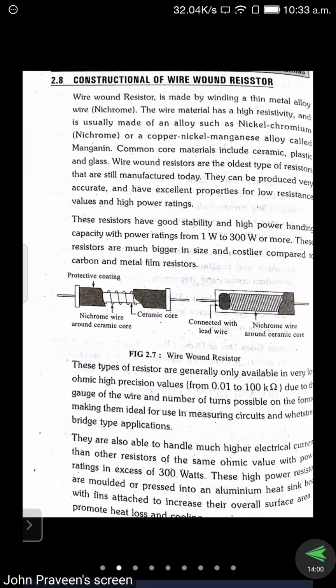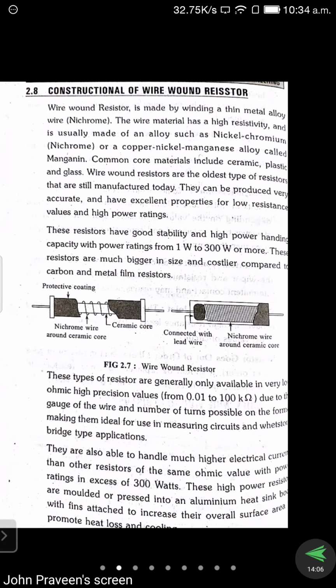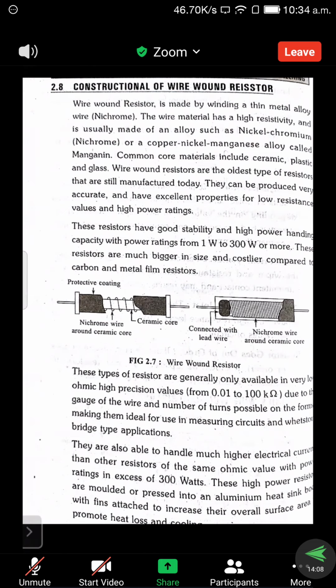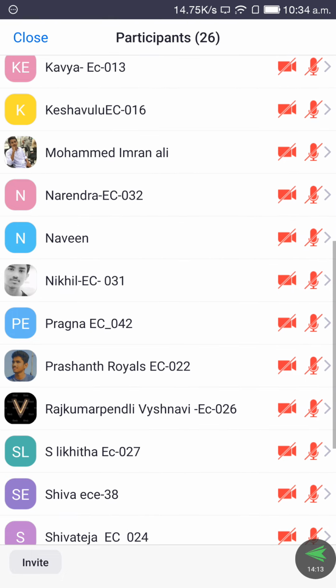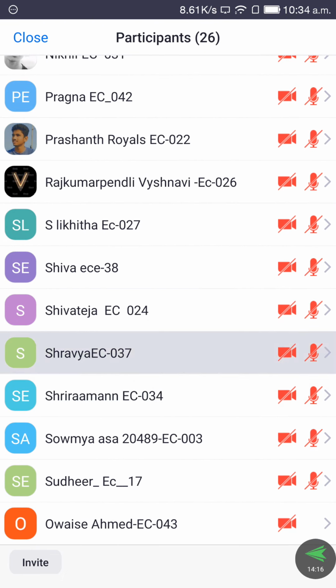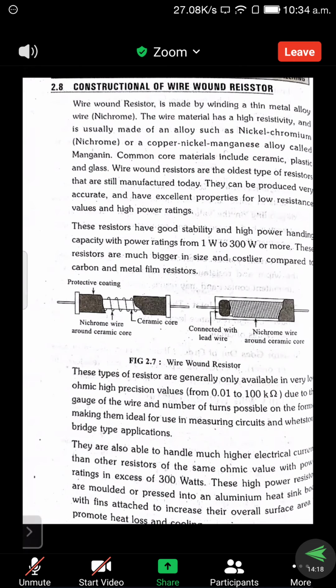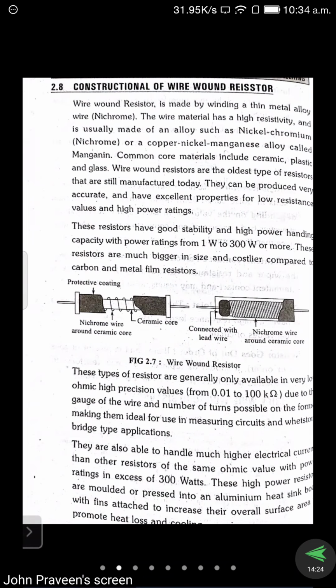Environment conditions for nichrome wire, it is a composition of metal. So because of that reason, if it is exposed to the environment conditions, rust may take place. To avoid that also a protective layer will be provided. So first we place the ceramic rod, a tubular structure or whatever structure, mostly we are selecting the tubular structure for easy placing of the nichrome wire. Then after we are placing the nichrome wire in a proper order. Then after finishing the winding, we cover it by means of a protective coating.